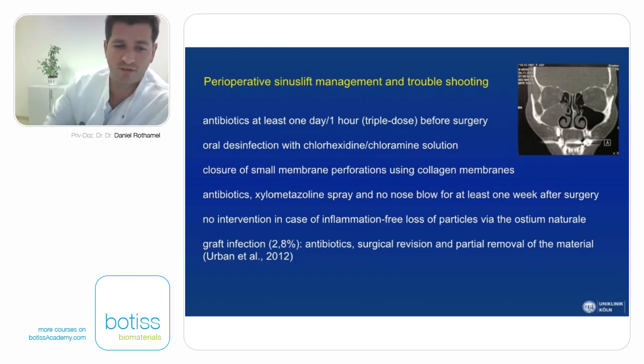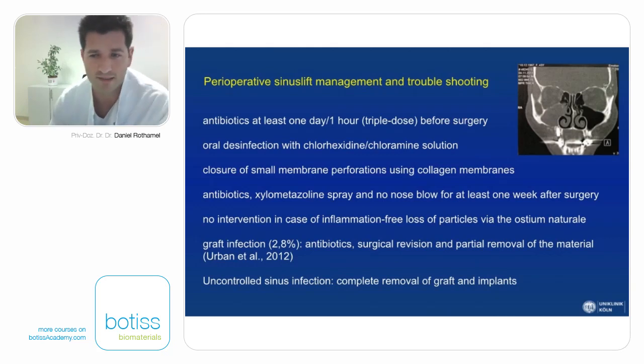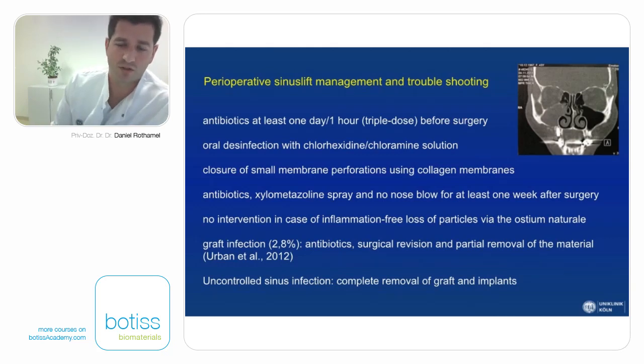When we see a massive inflammation, an uncontrolled sinus infection, a pansinusitis, for example, it's recommended to completely remove the entire graft and also the implants to make sure that we have no foreign material inside the sinus area. Then we wait at least 3 to 6 months before we redo an operation. And in these cases, of course, we would always recommend to use autogenous bone from the hip or from another intraoral site when we do a second look surgery, so that we enhance the quality of the bone graft